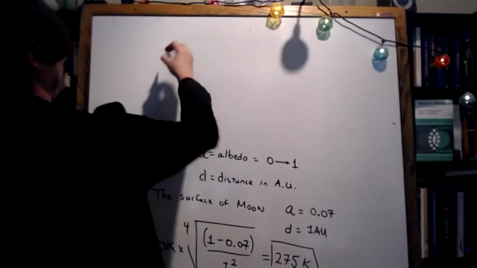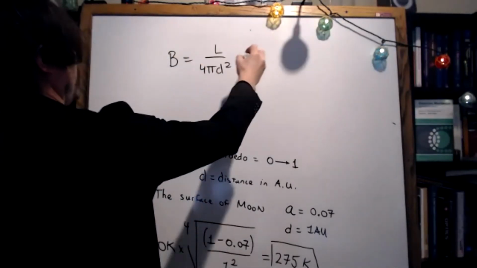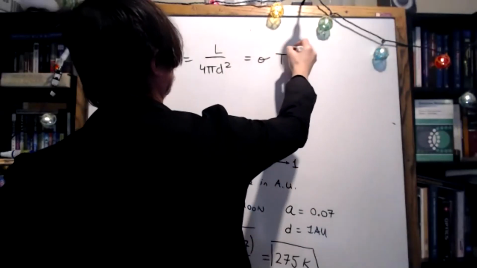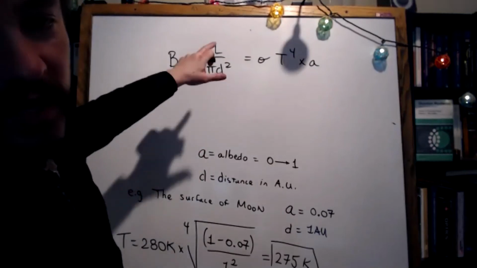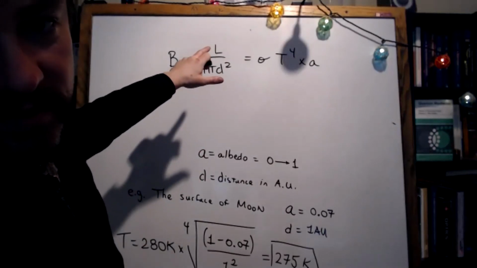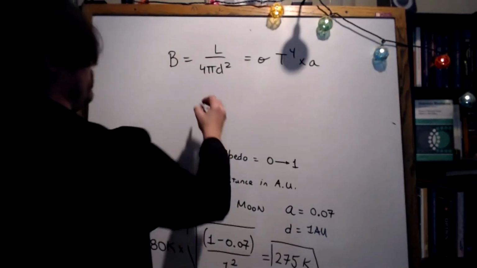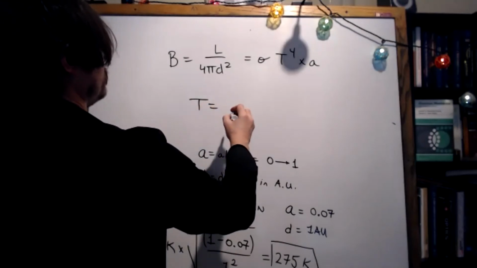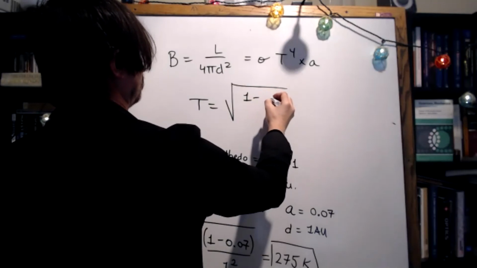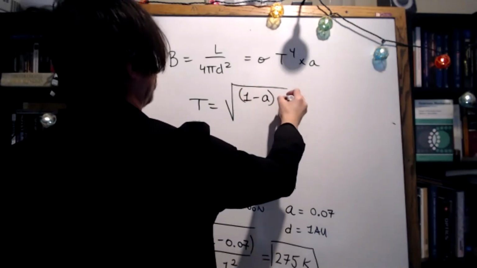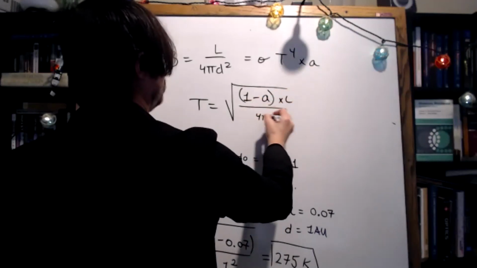This comes from taking the inverse square law, right? And connecting it to the Stefan-Boltzmann law times the albedo. You plug in the luminosity of the sun, which is a fixed number, and you rearrange the equation, and you get a big fat mess. You get something like the temperature is equal to the fourth root of (1 minus the albedo) times the luminosity divided by 4 pi d squared.